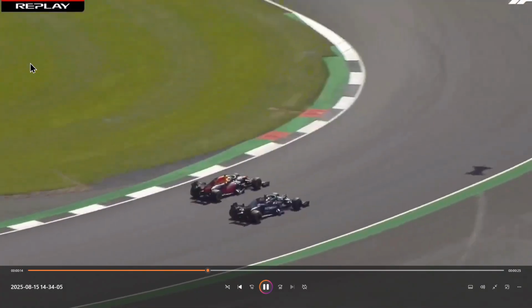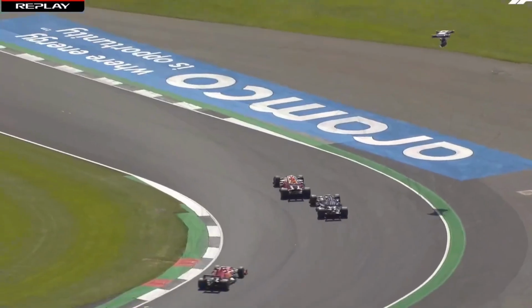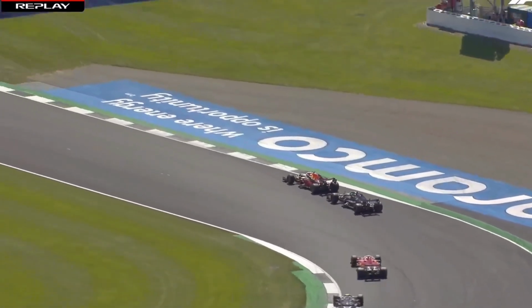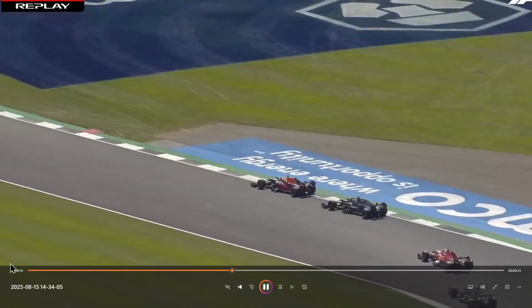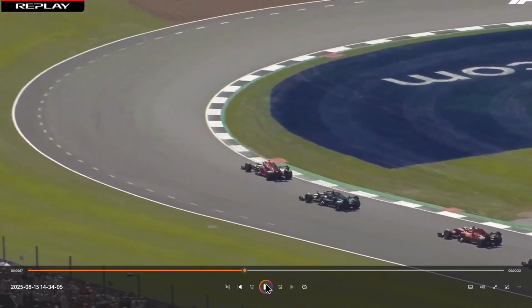On the brakes. He was always gonna brake a bit later. Thanks for that, Martin. Max was always going to brake a bit later. Why would that be, Martin? Because Max has got to apply more braking force because he's got to be slower because he's got to take a tighter line. So why would he be braking later, Martin?